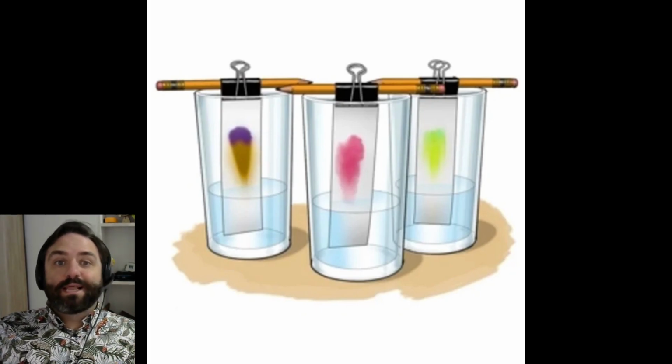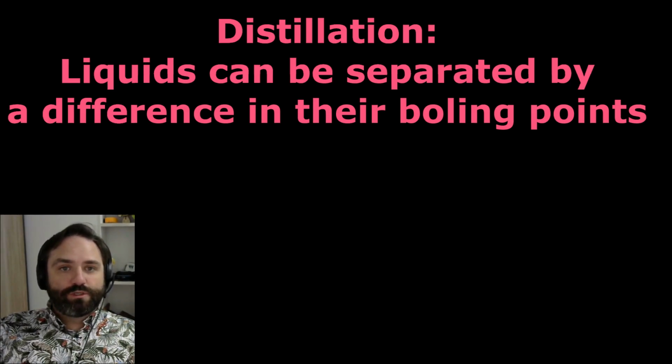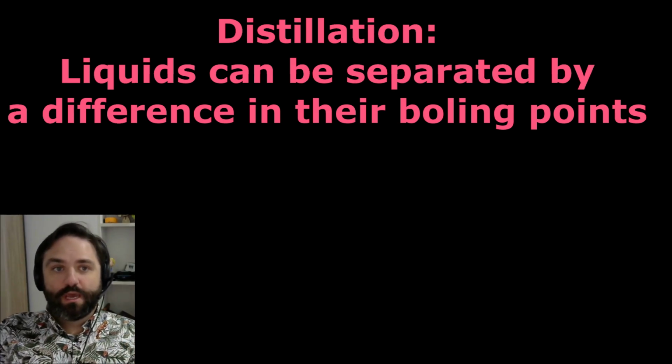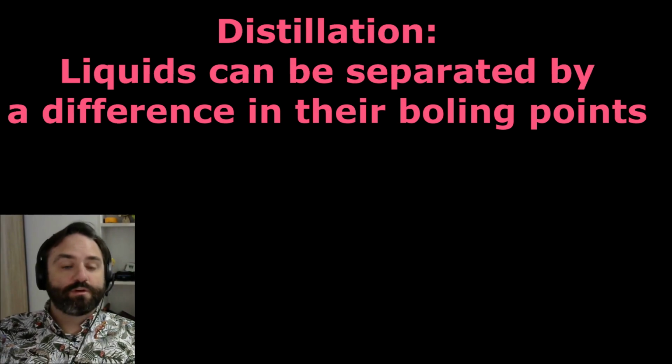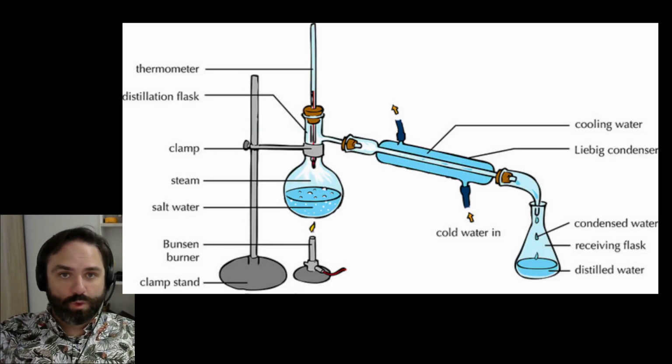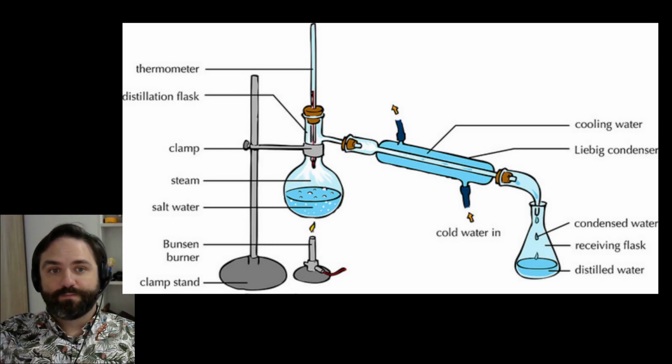What about separating liquids? If you want to separate liquids, and this could either be separating the liquid from a mixture of a dissolved solid with a liquid, or separating a mixture of liquids, you have to separate them by using the property of their boiling point. To do that, you use distillation. There are two types of distillation. Simple distillation is used to separate a liquid and its soluble solid. So for example, if you have salt dissolved in water and you want to get the water, what you do